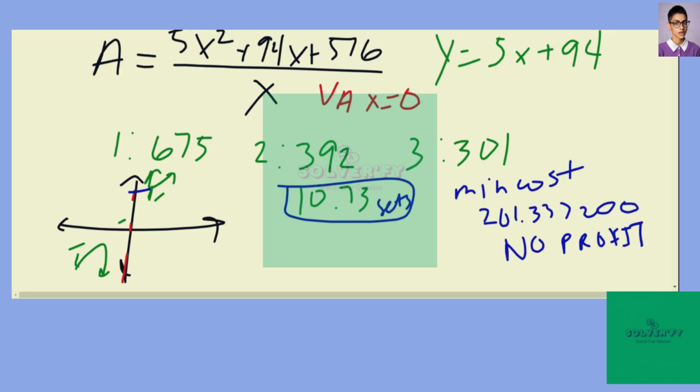And then finally, they ask you to do a graph and use a window to show the function, etc. And so you can effectively use this basic model of the graph that I just drew, and then